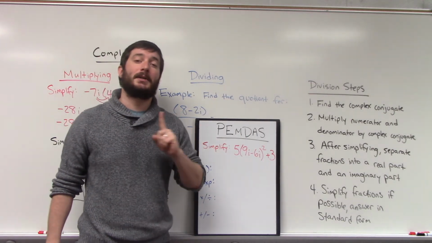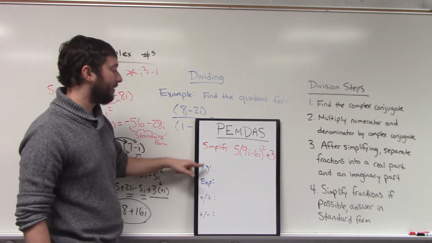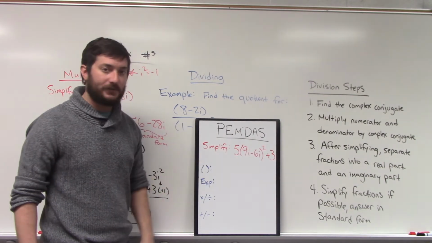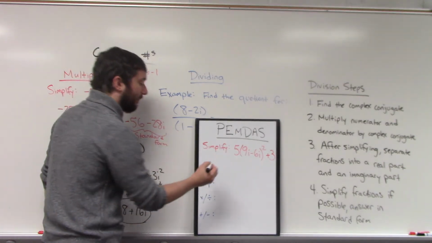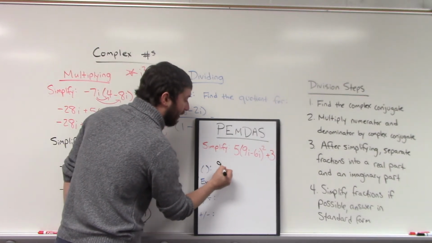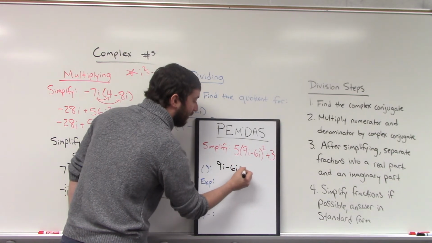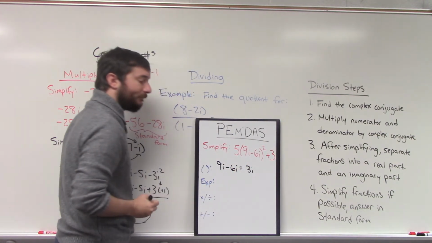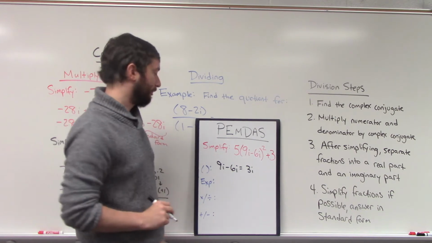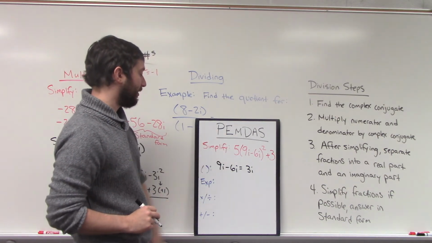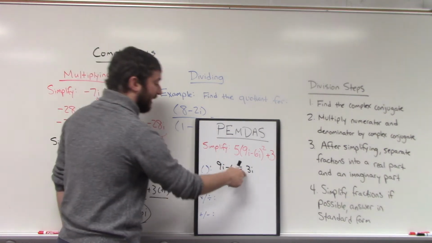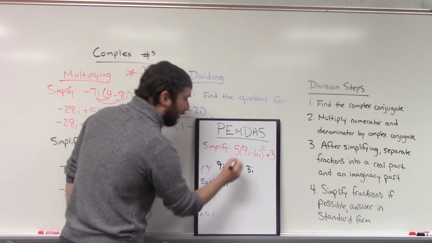No, remember PEMDAS, parentheses first. Simplify inside if you can. And we can, right? 9i minus 6i equals 3i. That's the first thing that we should be doing. Okay, P, parentheses. Exponent next, so 3i squared,